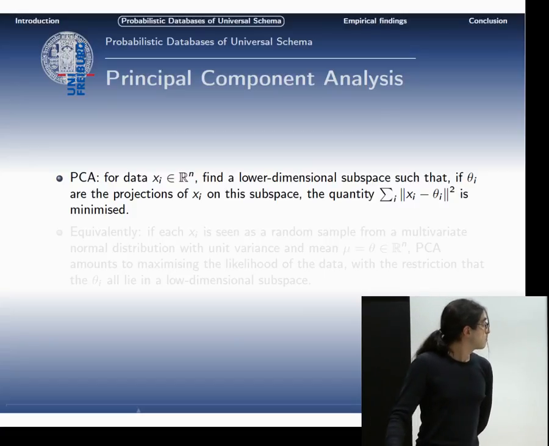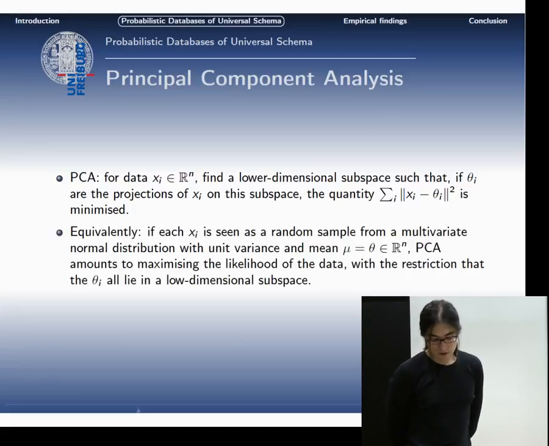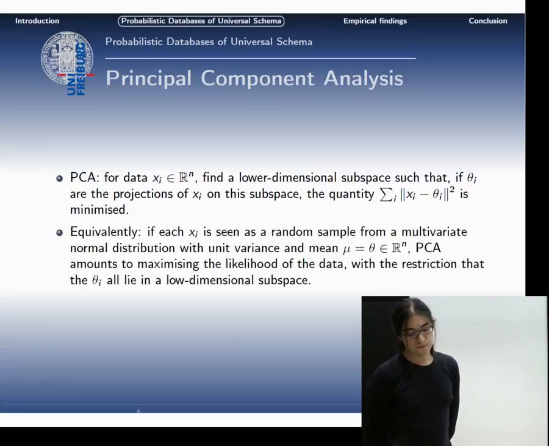It is also seen as a minimum square problem, but can also be thought of as this: taking